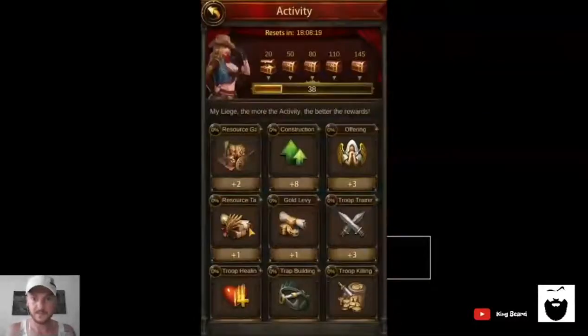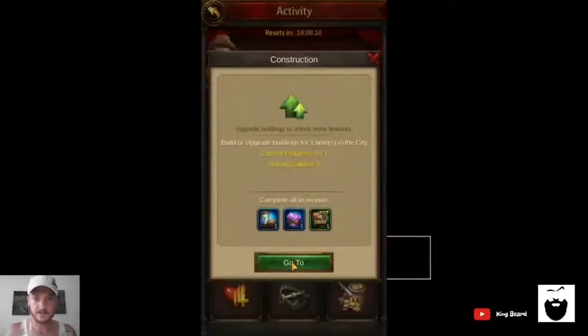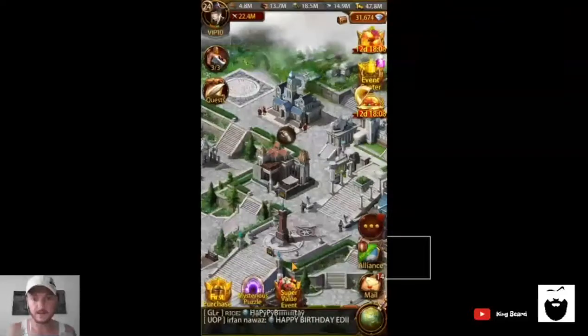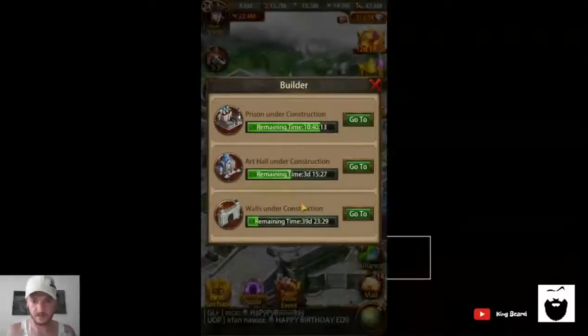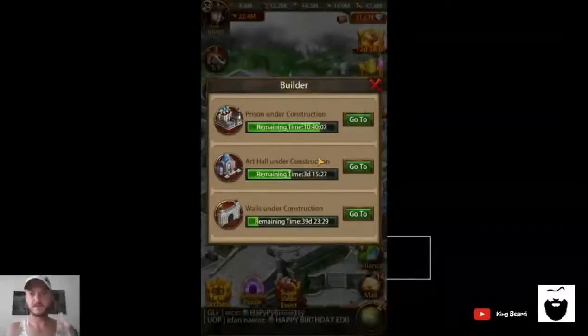Okay, so construction. When you say go to, it's not going to take you to a building that's being done up. So here are my buildings that I'm busy with at this point. You can see the walls take a long time. This one is 3 days, and this one is the shortest time. The reason why I've set it up like that is, not most of the time, all the time,